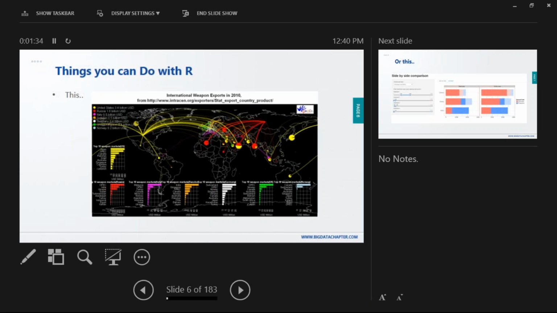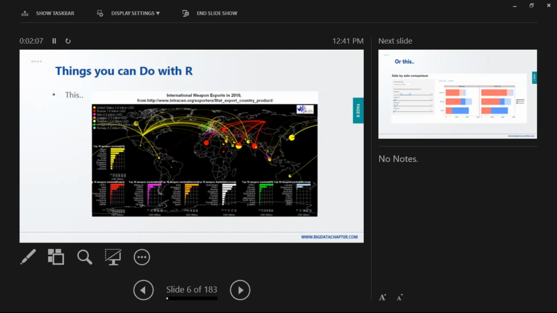Same you can do in Python, but here it is straightforward. Python has a representation tool, and you can do it. There are other tools. It depends on other tools. You can call D3.js, JavaScript, some integration, something like that. But this one directly lets you download a package and do it. Even Python has IPython in which you can do it. But in my personal opinion, when you want visualization, R is perfect.